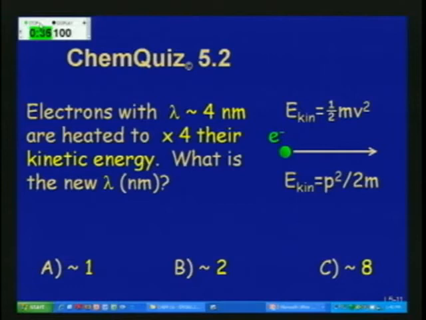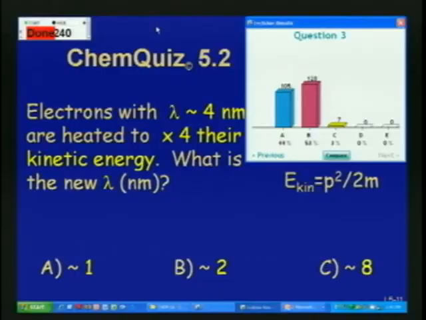If you increase the energy, does the wavelength increase or decrease? Decrease, okay, good. So now we are down to 2 answers. 50-50 chance. Would you like to phone somebody? So you quadruple the energy of the particle, what happens to its wavelength? Yeah, that's about to be expected, about 50-50.